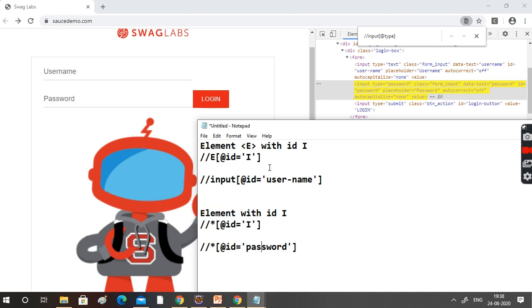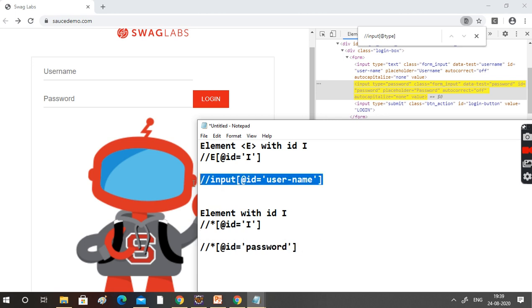So the difference between this one and this one is, this is a little faster compared to this one. Little faster means, boss, it is not going to take 1 minute versus 5 minutes. Not like that. It's microseconds, that's all. No need to worry about that. Faster means it's not going to add much value, but it is better to go ahead with this one. I am recommending both are fine, but the most recommended is this one. This is faster compared to that one, but both are good.